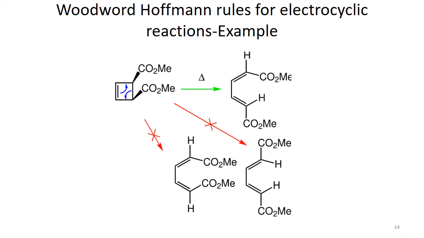This is the same example we discussed in the last slide. You have to understand why from this starting material we could only get this particular product, not the other two products where crosses are mentioned. It's only because of the stereochemistry of the reactant. First, we get a product that has cis or trans geometry, and not the other two where both carboxyl ester groups are cis, or both ester groups are trans. You should be able to solve this kind of example if you are given one in your test or exams.